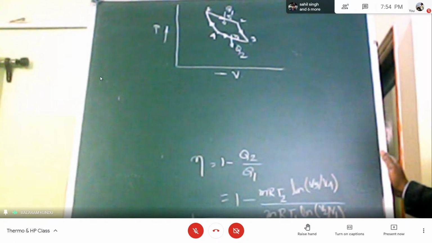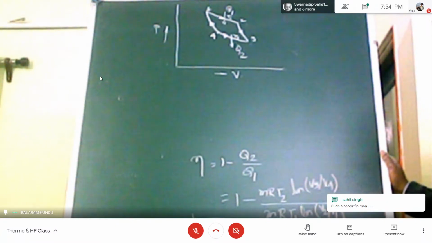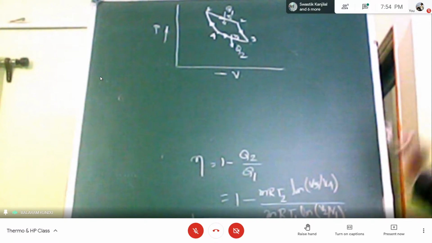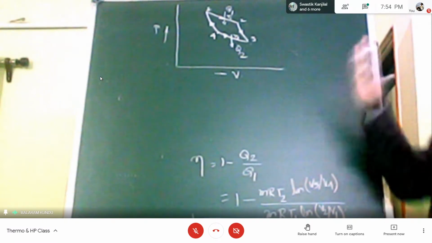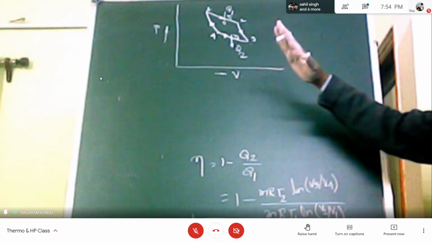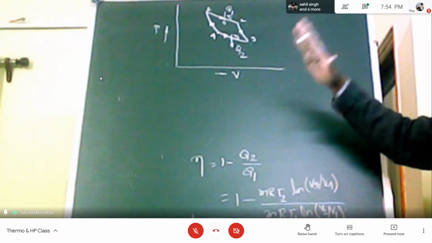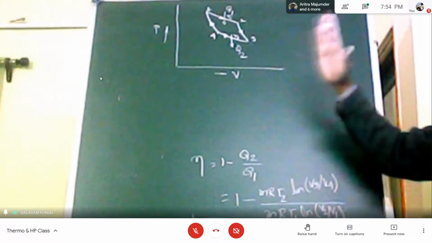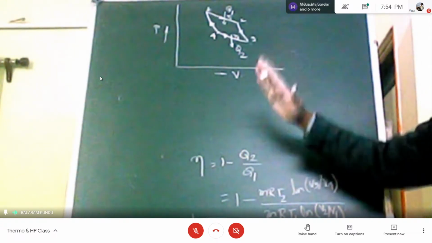And sometimes it is necessary to compare the actual efficiency and the Carnot cycle efficiency. If the actual efficiency is closer to the Carnot cycle efficiency, then we can say our engine gives better performance. So Carnot efficiency is very important to know. That is the maximum efficiency. That is the benchmark. We cannot get that efficiency. If an actual engine gives closer to that, then we can say your actual engine is a better engine.